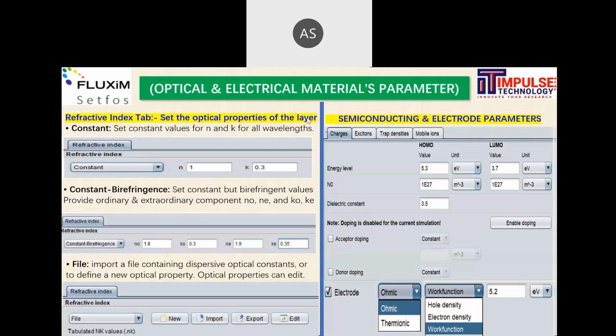So optical properties you have already seen, semiconducting properties you have defined, and then you go to the electrode parameters. You need to set the boundary conditions, where you can set the ohmic, thermionic, and electron hole density parameters in the user interface. You can manually edit the values. You can also modify the database according to your need, edit and revise it, or create your new materials parameters, or use the existing materials from our library.